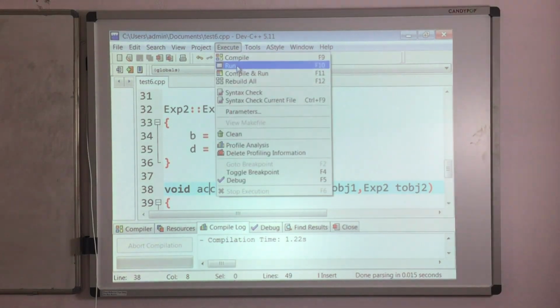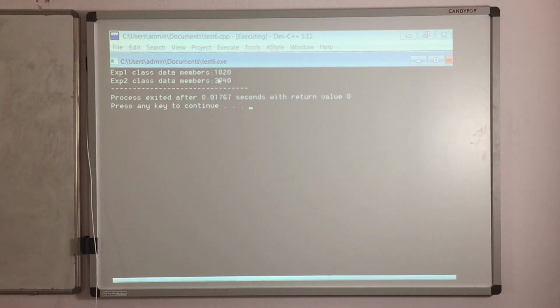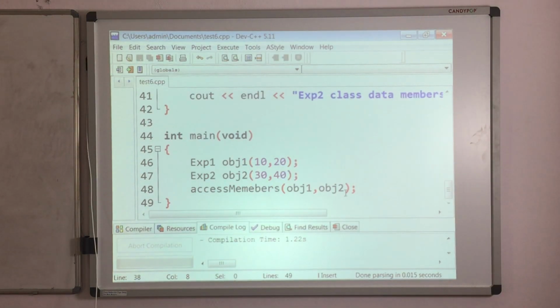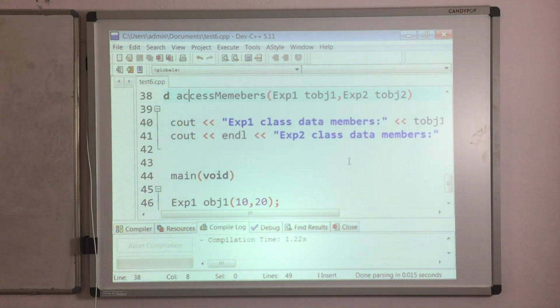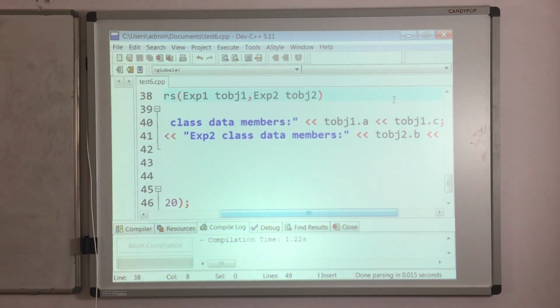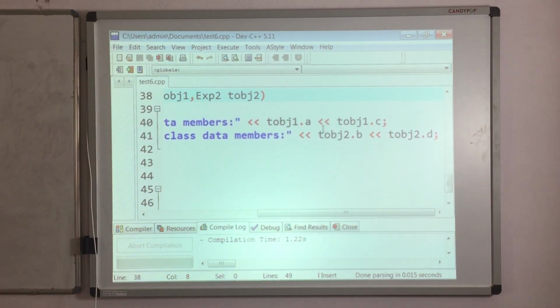So quickly I will show the output. As you can see here, 10 and 20 are printing like 1020, and 30 and 40 are printing like 3040. So we have to give some space in between so that you will understand. Quickly go to those cout statements, and when you are printing TOBJ1 dot A and TOBJ1 dot C, simply take some space in between.